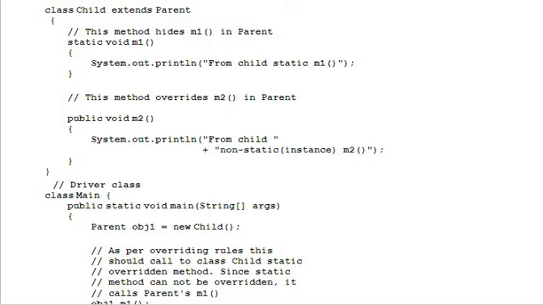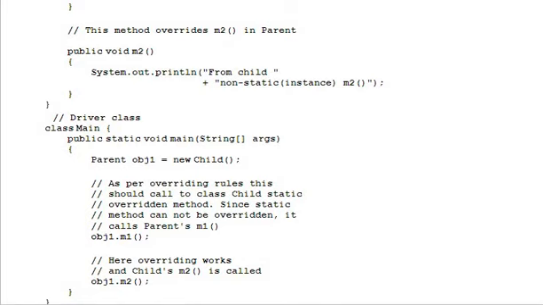We can't use the term override. It hides m1 in Parent. And look at m2. This method overrides m2 in Parent as it is a non-static method. So in static methods we don't use the term overriding. It hides m1 in Parent.